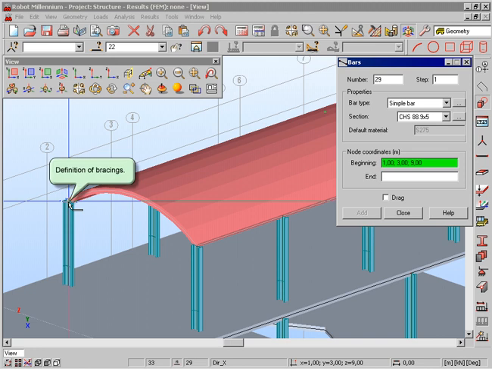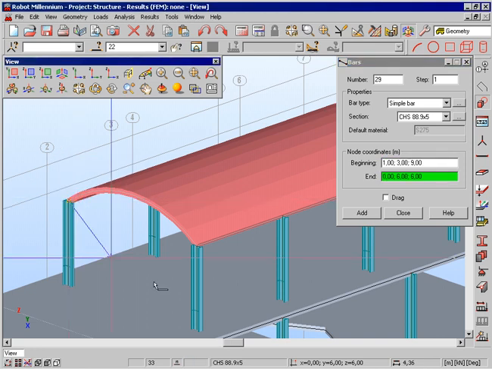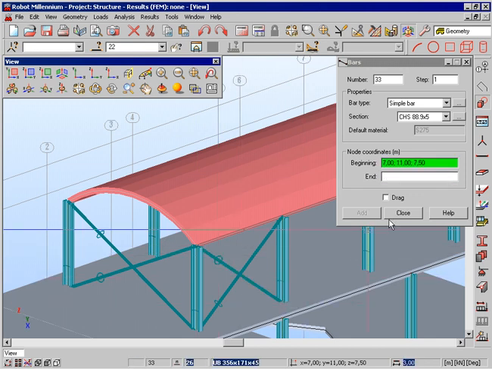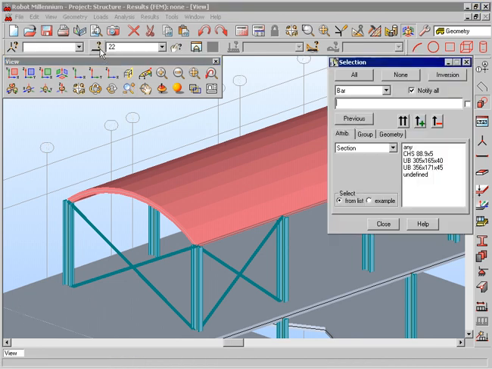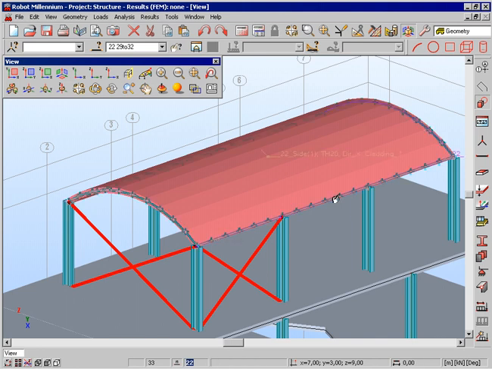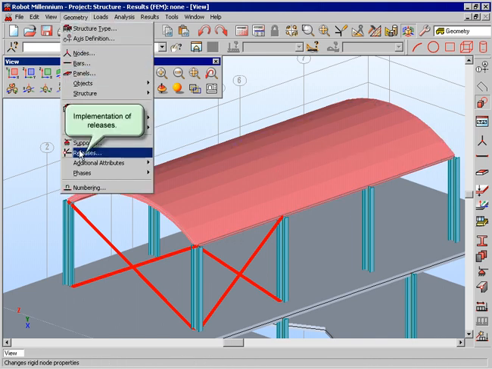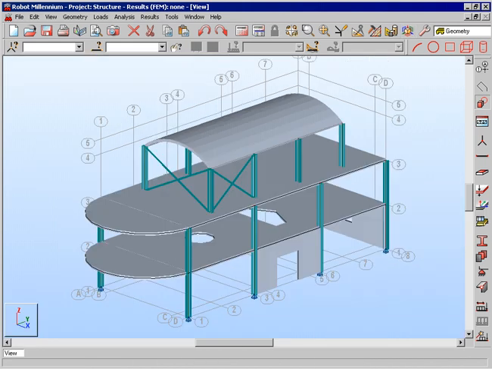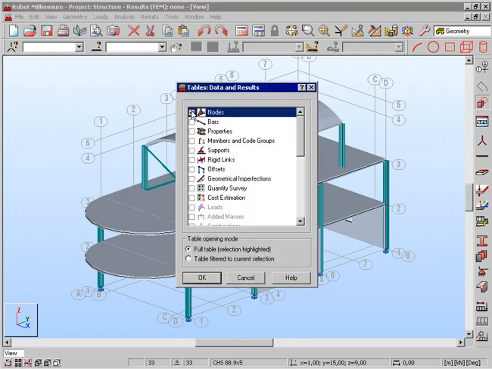We're now going to add some bracing to the structure. We're now selecting the bracing members, and we're going to pin each end of the member. The geometry of our structure is now almost complete,